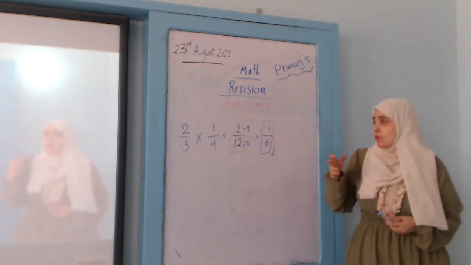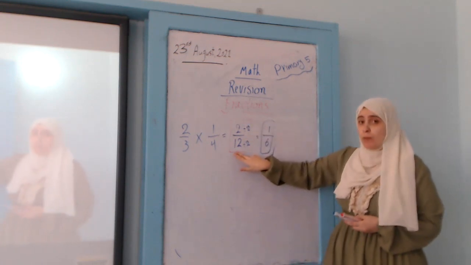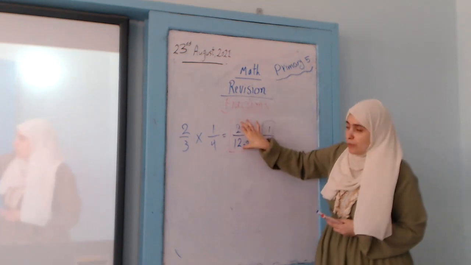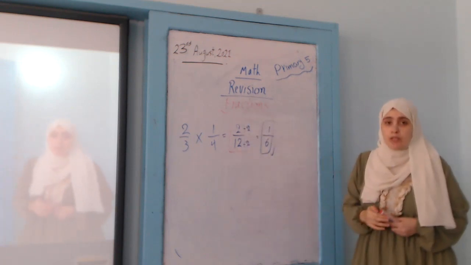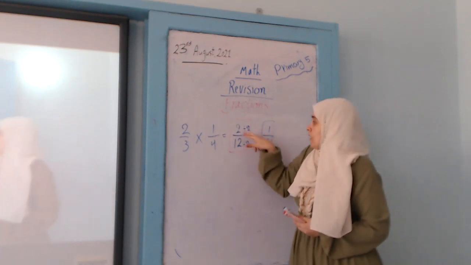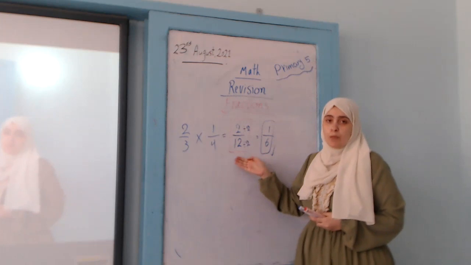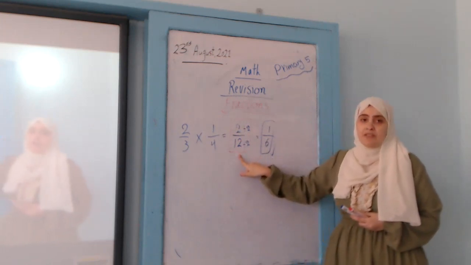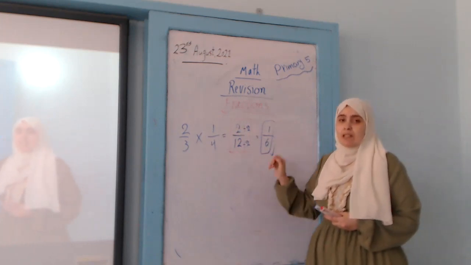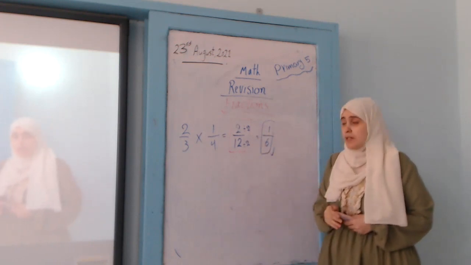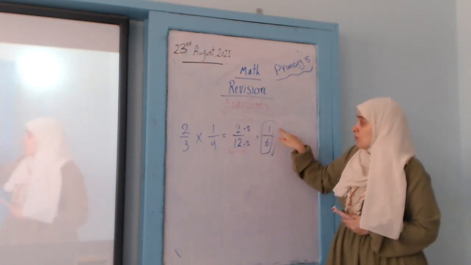Because when I know that two numbers are divisible by 2, it's because the two numbers are even numbers. So any even number, I can divide it by 2. Okay? I can get this answer, 1 over 6,